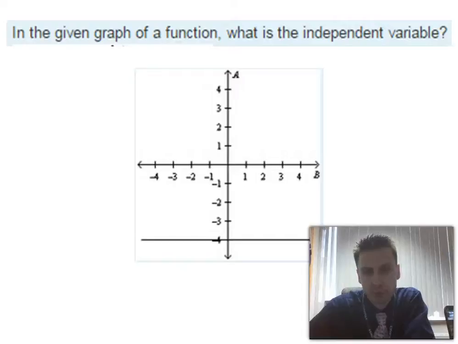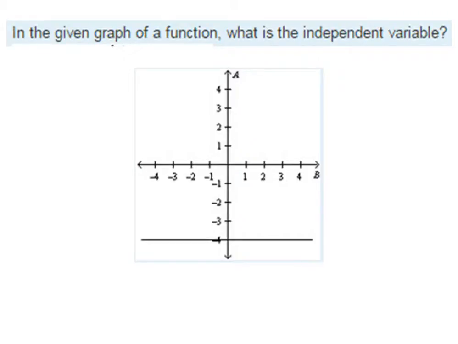All right, and we're here with a couple of examples. I'm going to do Power Standards Quiz 27 and Power Standards Quiz 28, a couple of examples from each of those. So the first one I have on the screen is from Power Standards Quiz 27, where it says, in the